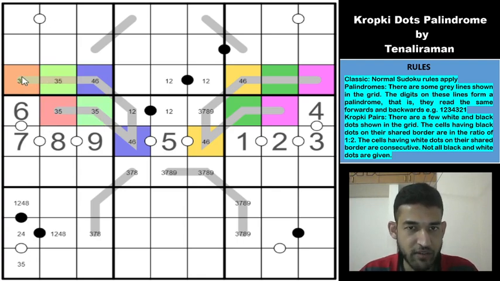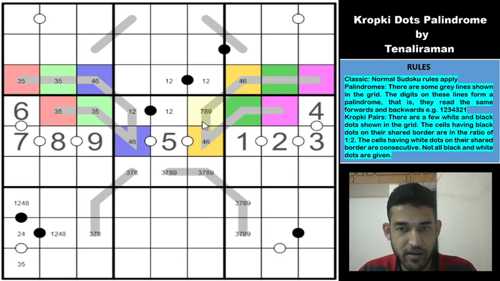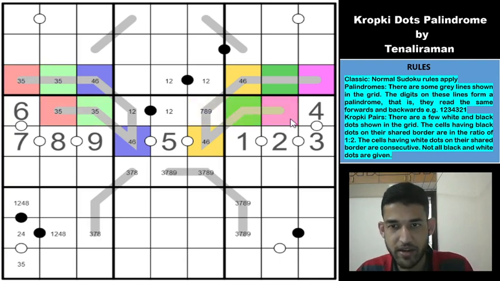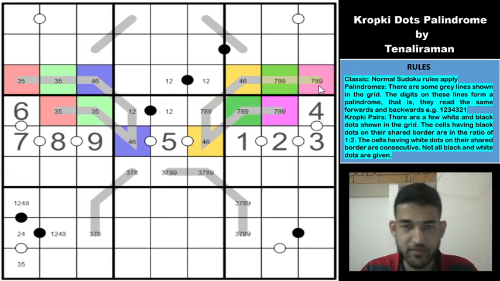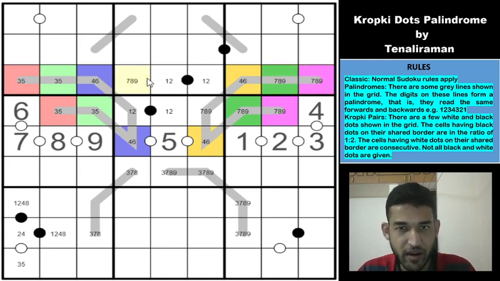And correspondingly this will be a 3, 5 pair. 1, 2, 4, 6, 7, 8, 9 are all eliminated. So this will be 3, 5 and this will be 3, 5. Which means 3 is eliminated from here, because of the 3, 5 here, and these two cells must be 7, 8, 9, and correspondingly the green and the pink at the other end must be 7, 8 and 9. So this will be now for row 3, 7, 8 and 9, because 1, 2, 4, 6 and 3, 5, so this will be 7, 8 and 9.